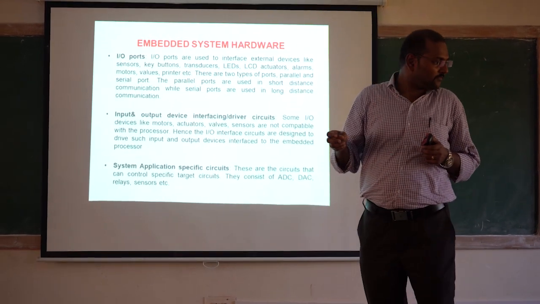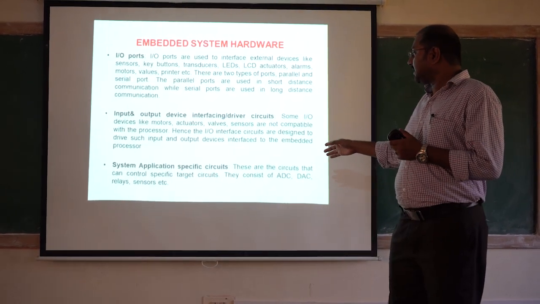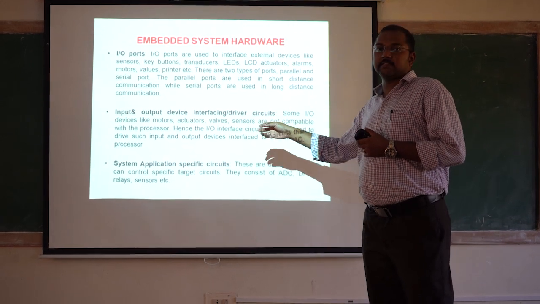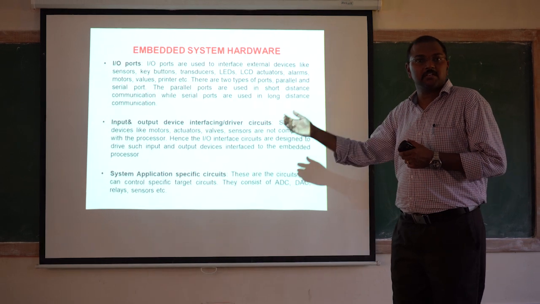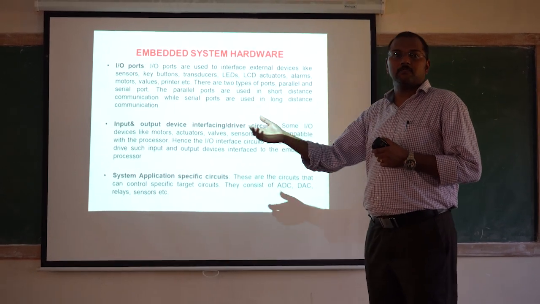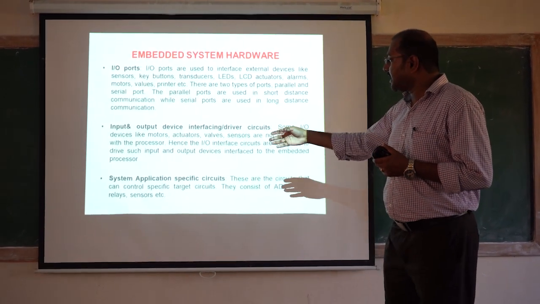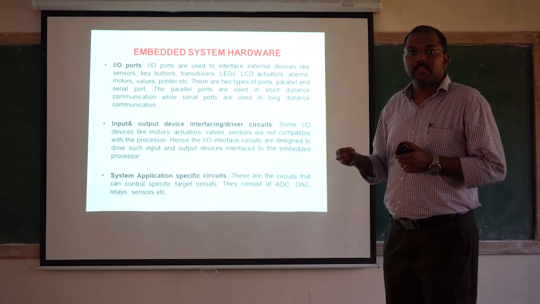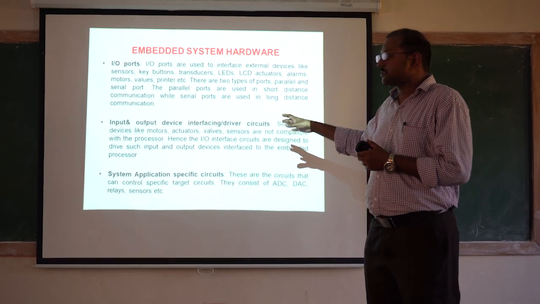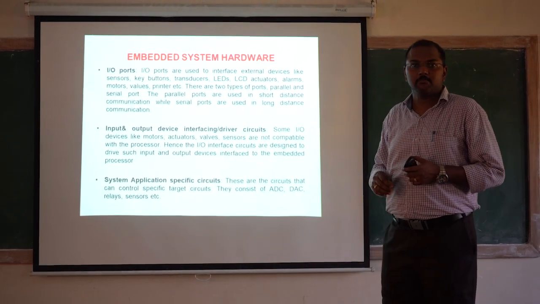They consist of ADC, DAC, relays and sensors, that is, analog to digital converters, digital to analog converters, relays and sensors. In these types of modules we use this ASIC type of circuit, which is called application specific system integrated